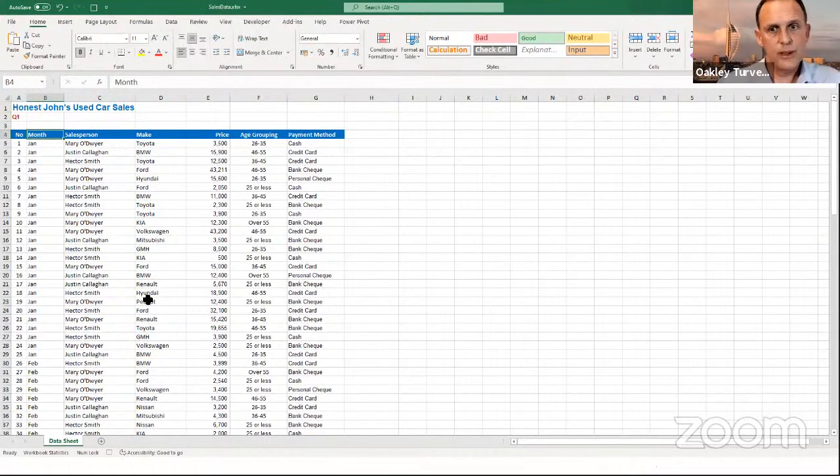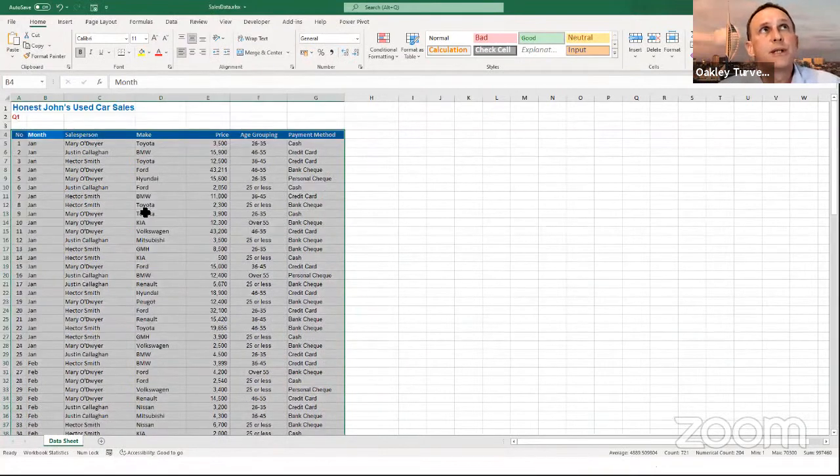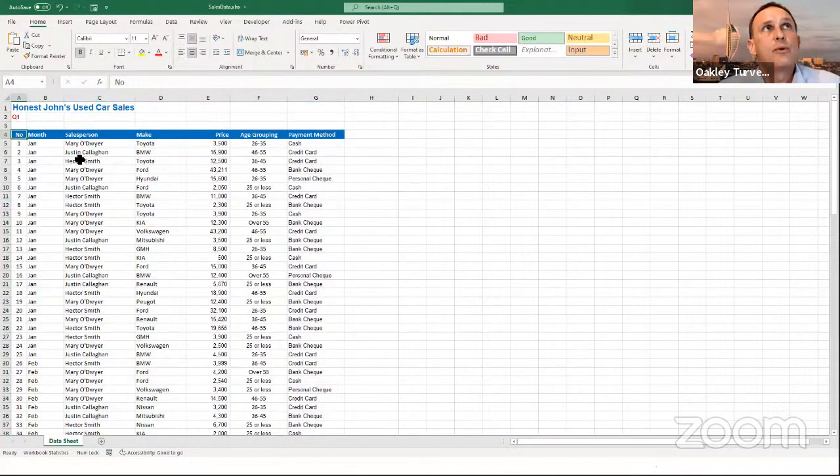Now from here, I can give a keyboard shortcut that will select that whole range of data. I'm going to do Control A. That's selected that whole range of data. And now I'm going to stop recording. The reason I've stopped recording there is that this is one of those things where the command you think you've just given the machine might not be the actual command that the machine thought you gave it. I'm going to go back to my other workbook.